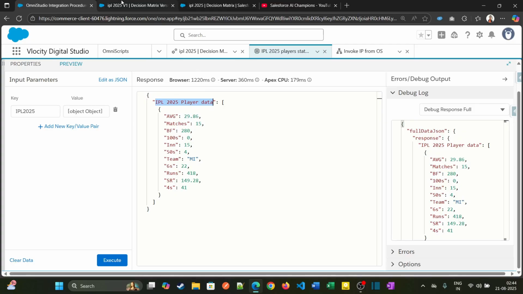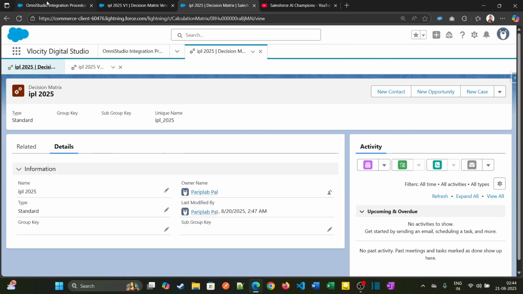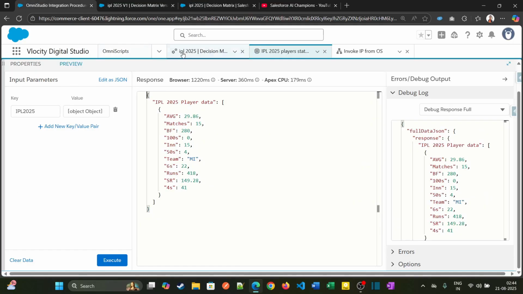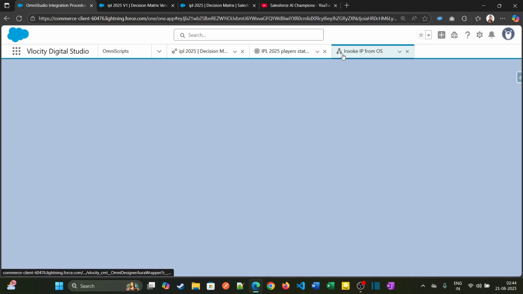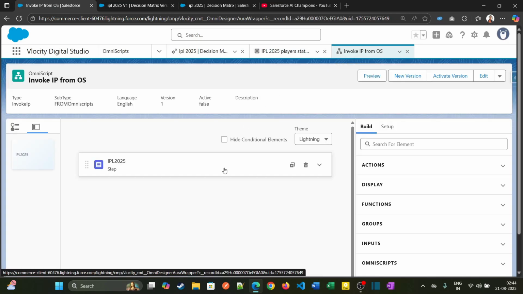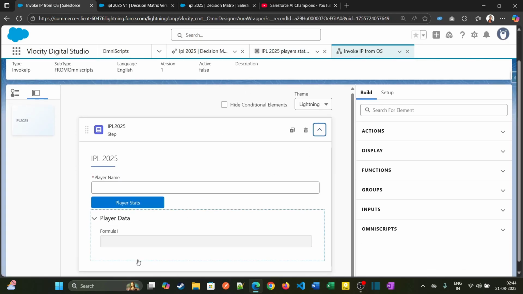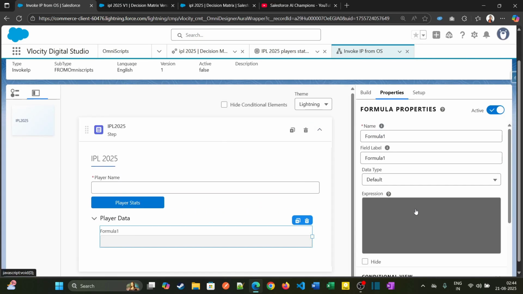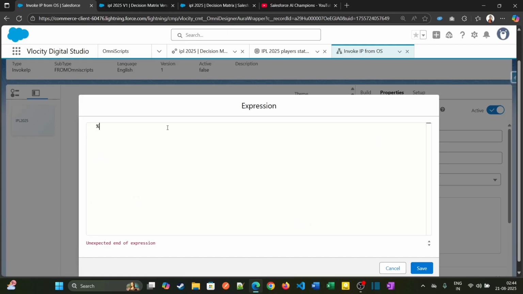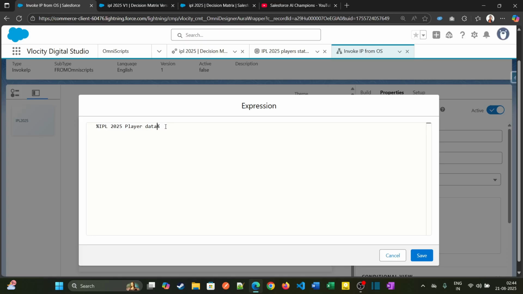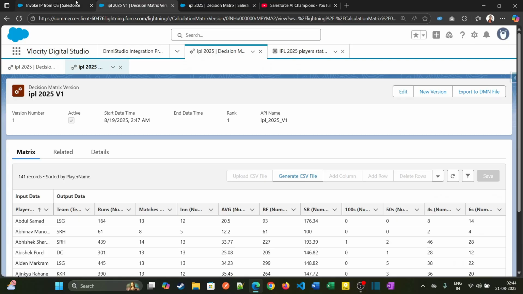So this node needs to be there as a parent. So I can just update the OmniScript now. In the formula expression, within the merge syntax, I can just add this one, colon, then